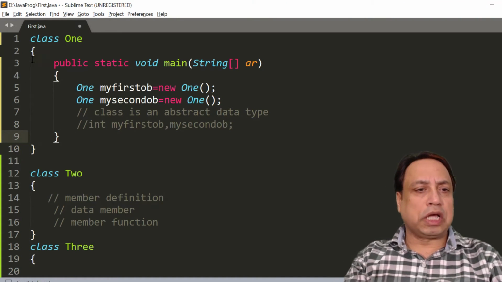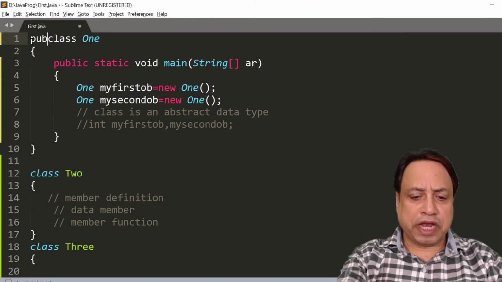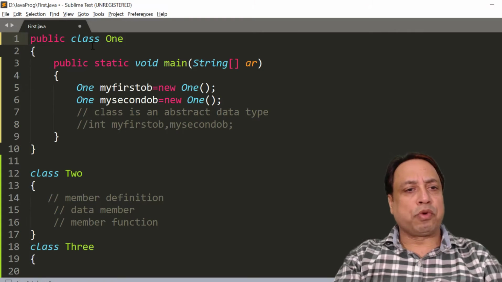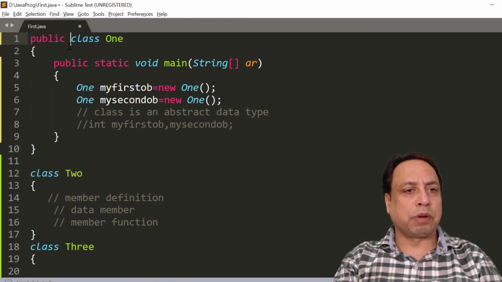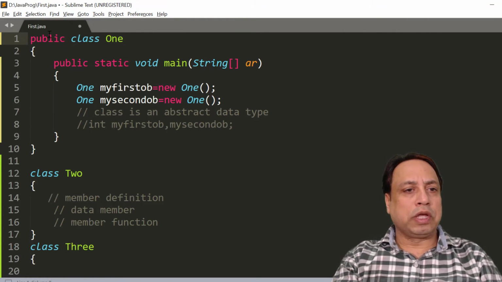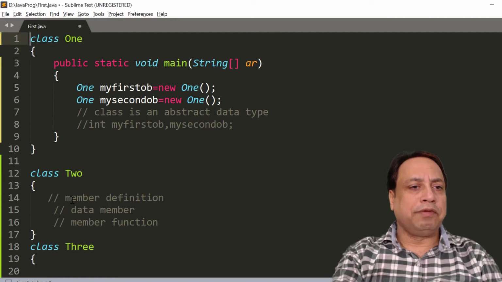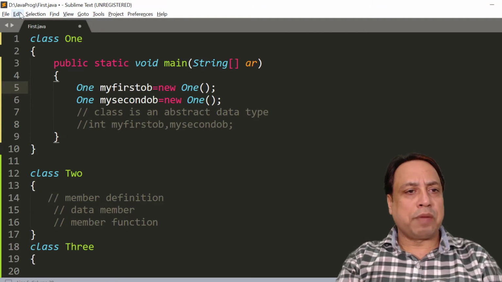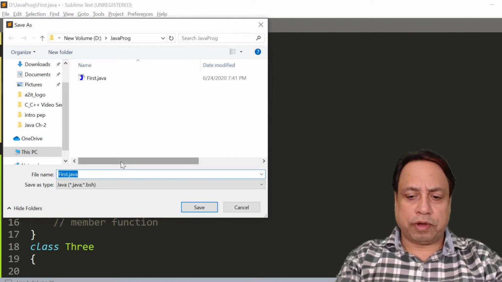ये mandatory तब हो जाता है जब कोई भी class इस program के अंदर public बन जाती है. Like for example, if I name the class 1 as public. So अगर आपके Java के program में कोई भी एक class public है, like in this program we have made class 1 as public, then it will be mandatory to give this name as 1.java to this whole program. Now that, because I have not spoken about public, I will not include this, so I will leave it to you to name anything. Like अभी हम इस program का नाम change करेंगे and we'll save it with the name as 1.java.